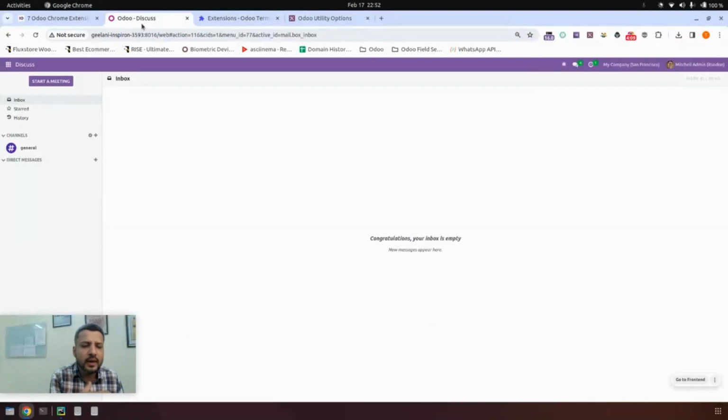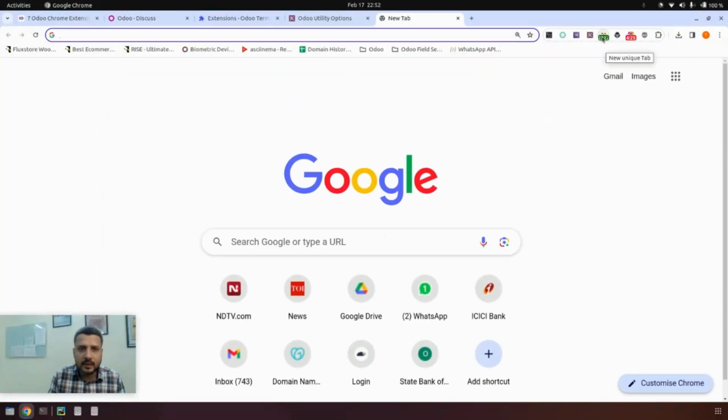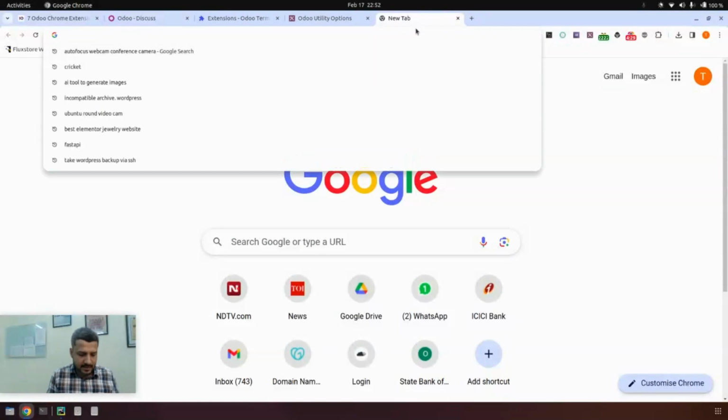Usually how we do it is we sometimes open one tab in Chrome and another in Firefox. Sometimes we use Chrome itself, one in normal mode, another in developer mode. Let's avoid all that and see how this extension can help us. So I'm on the Odoo Discuss tab and I click on this one. It opens a new tab. Now I once again paste my